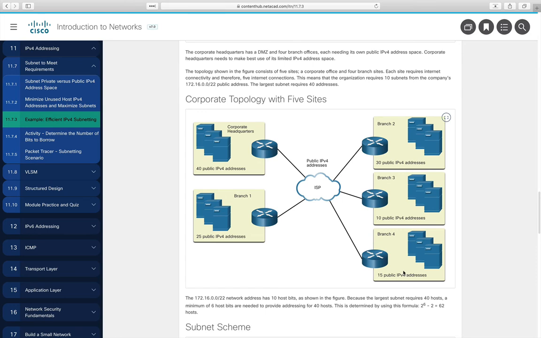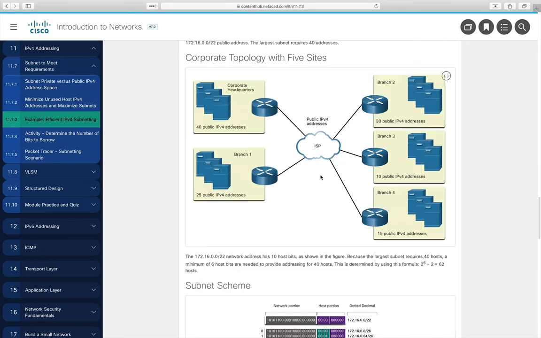And then the other thing is we are going to need to assign subnets to each site and to the ISP. So we do have connectivity here that we need to